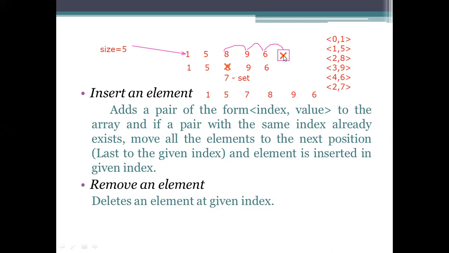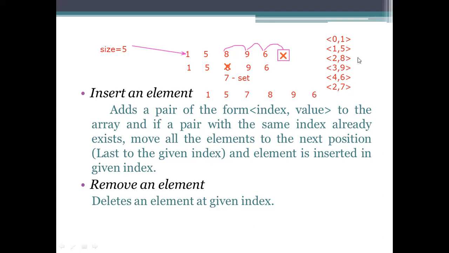The index space that has been read is 2, meaning we check whether the subscript or index value 2 is already holding an element or not. As it is having an element here, it has to move the element at this position, a of i equals a of i, means a of 2 is equal to 8.